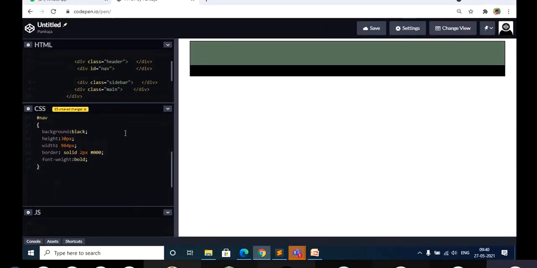You can just see the width of this, it is fixed. I have specified the width. You can see it is not covering the complete window. So next,